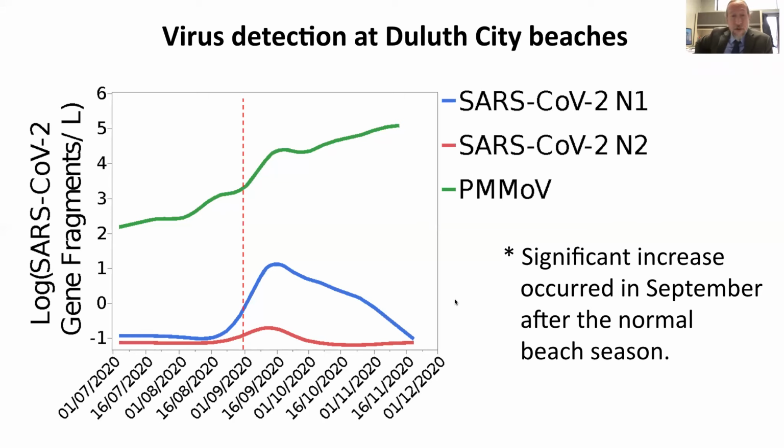And all of a sudden, at the beginning of December, we saw this huge signal from SARS-CoV-2. And it coincided with an uptick in the pepper virus as well. And so we saw this huge uptick in SARS-CoV-2, which then gradually tailed off until the end of our sampling in November. We were not detecting any SARS-CoV-2 anymore. The pepper virus was still pretty high. And then on the next slide, it shows the